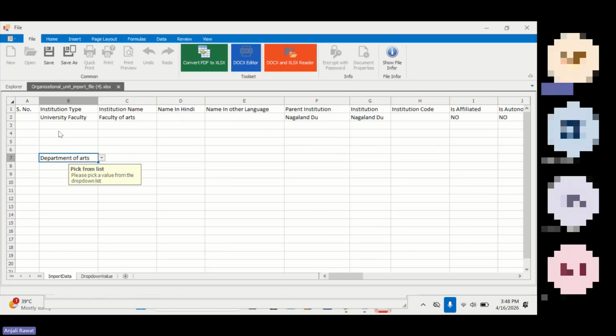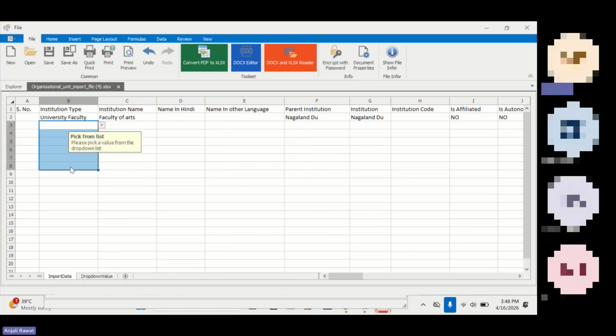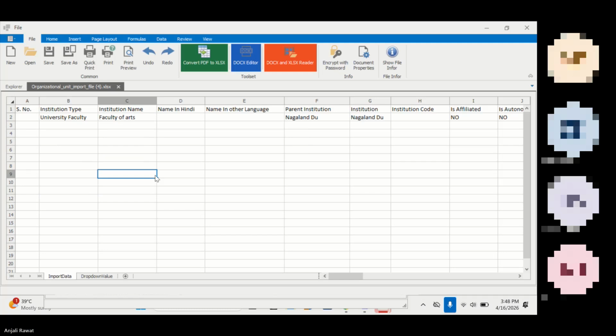First, in your system you have to add your faculty. Your department HOD is reporting to faculty and faculty is reporting to university. Same like that you have to create your structure here. First you will add your faculty, then you will add your department, then you will add the other OUs. If you are not adding the faculty first, that faculty will not appear in the parent.